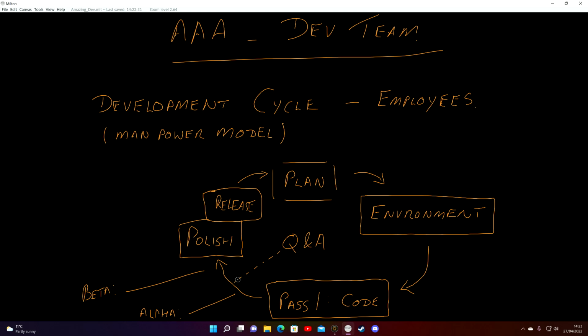Q&A is not the responsibility of a team or a body of employees, although that's how they plan it in the manpower model. It's a separate department. No, Q&A is everybody that's working on the project. Everybody, including the person that's making this stupid plan that they're making. Because whatever that plan is, it's not going to work. It can't work. Because you don't know what you're going to come up against. You have no idea what you're going to come up against. You cannot plan for an unknown eventuality. You can give it a time.